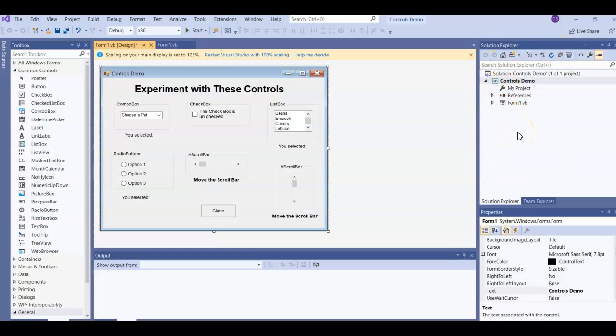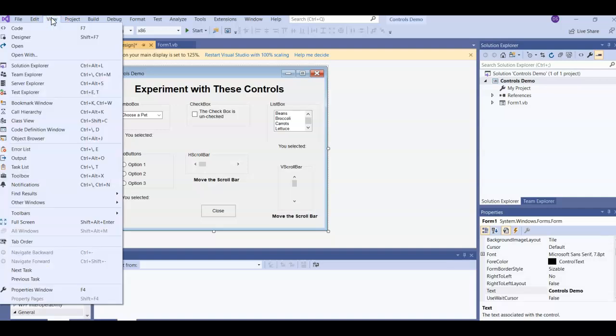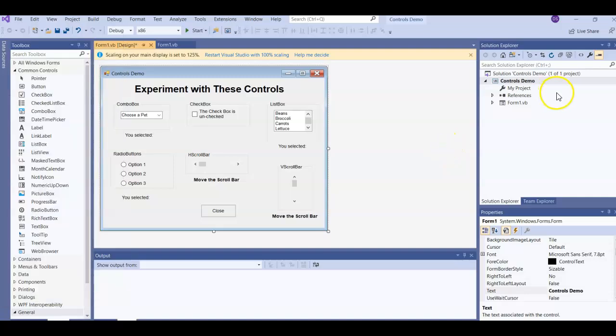You want to have the Solution Explorer, the Properties, and the Toolbox. And if you don't see any of them, you can go into View, and you can click Solution Explorer, Toolbox,